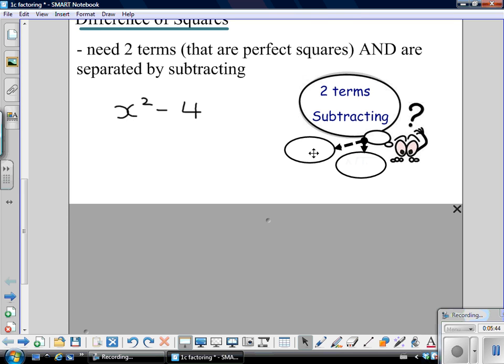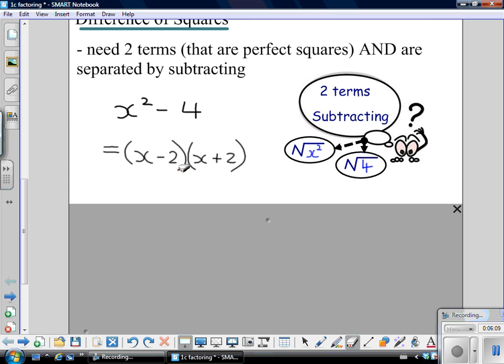Well, x squared is a perfect square, and that perfect square is x. The square root of 4 is another perfect square, and that's 2. So now it's just a matter of me having two brackets that are identical,